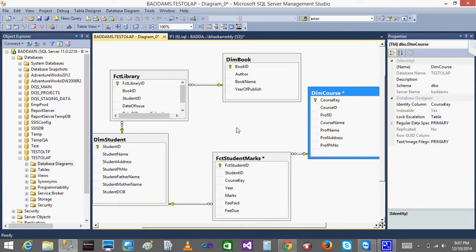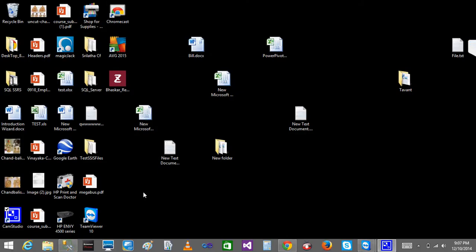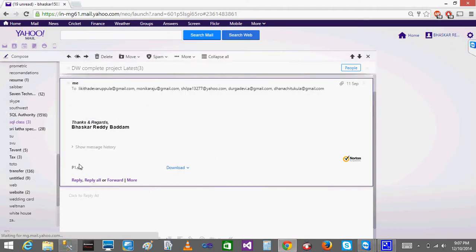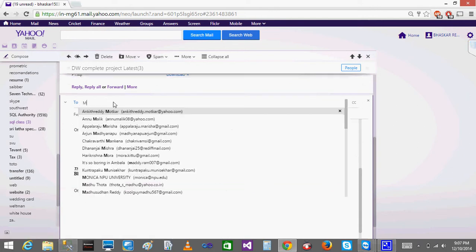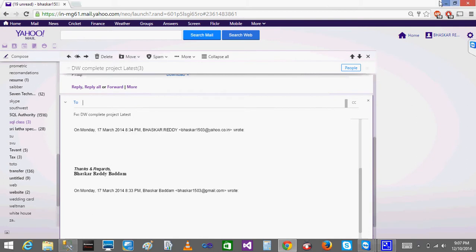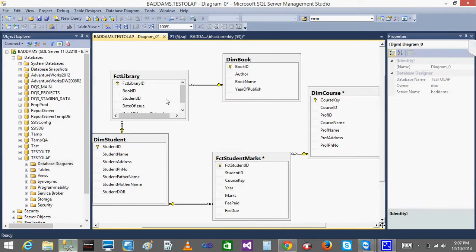So this is the thing I did in the facts and dimension tables. This is the way I did it. I'll be sending you the code. I'll mail you the code so that you can directly have it. After the class I'll forward it to you all. This is how you will be loading the data into the facts and dimension tables.